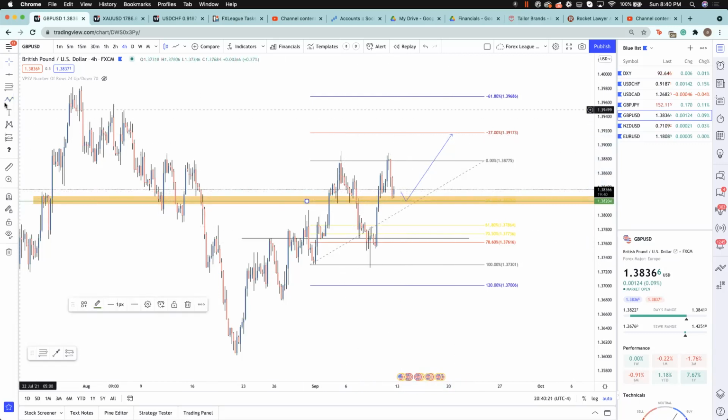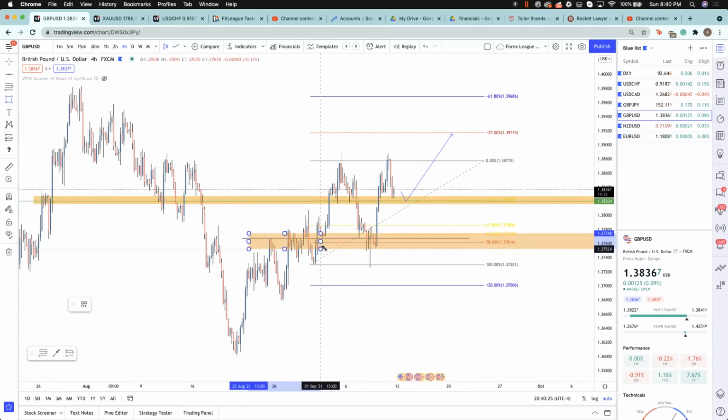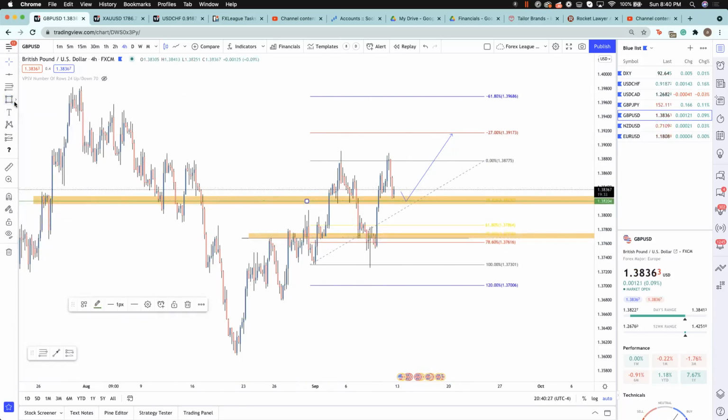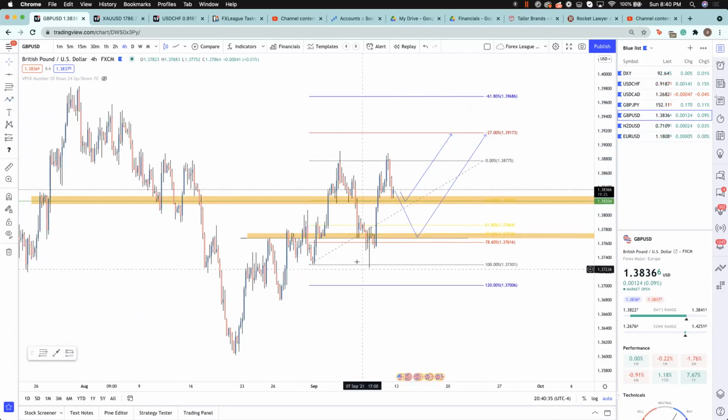Or if we look to the downside, the more likely area that this thing would come to is going to be this area. And then if it does move all the way down there, we could still look for a buy, and then we'll start to target. So I like to just map these out. These are the two trade ideas on this.